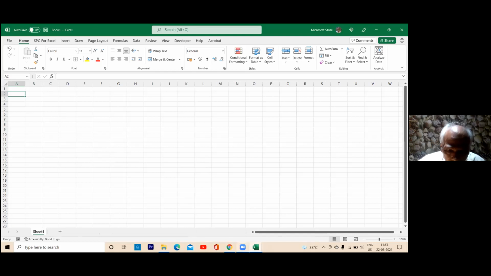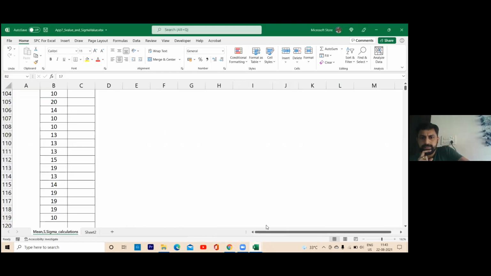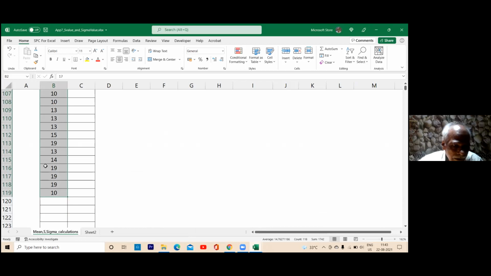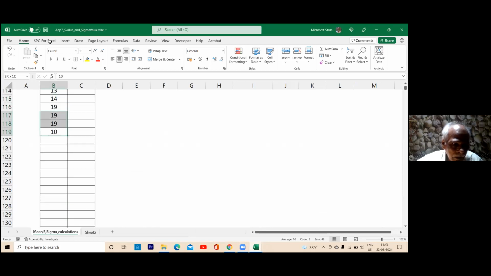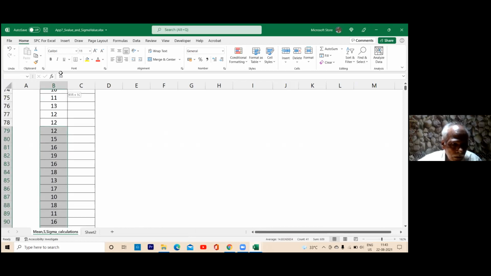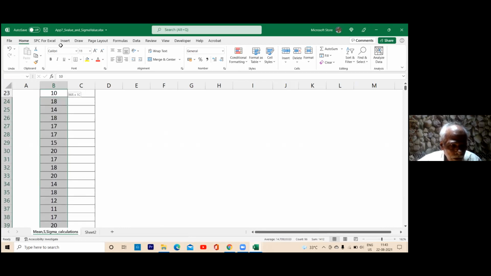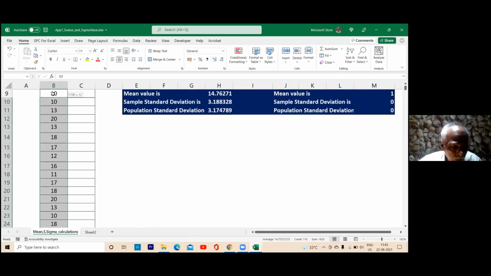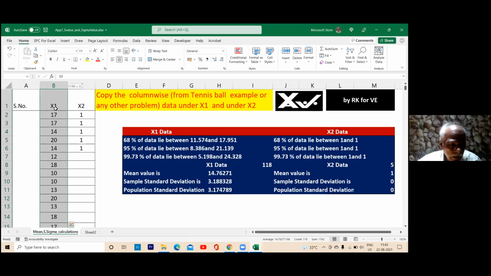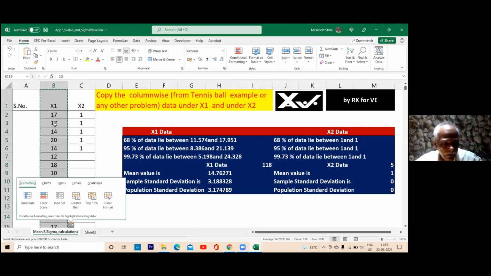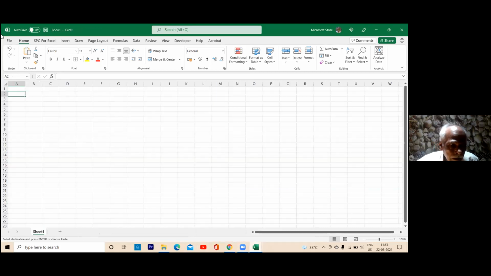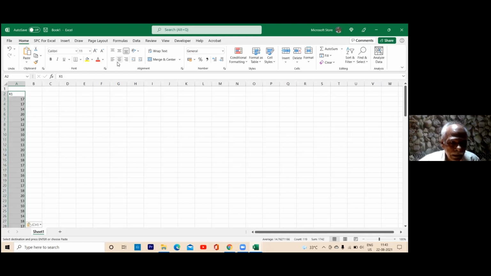Oh God, why is it not working? So it is not selected. I'm not copied. I am not selected. Correct. So I'll have to go there. Thank you very much, because such silly mistakes we make, no? Right. I'll include this also. Control C. Now I'll go to this table. This here, paste values. Yes, it has pasted the values.